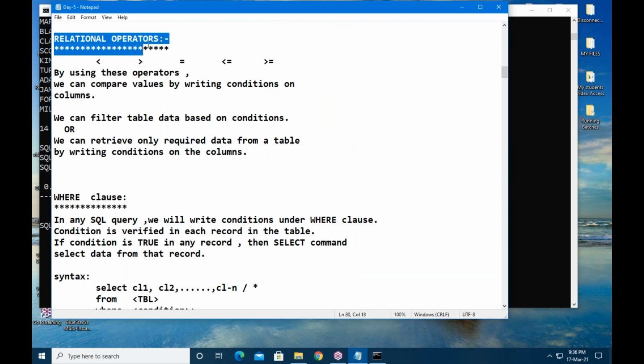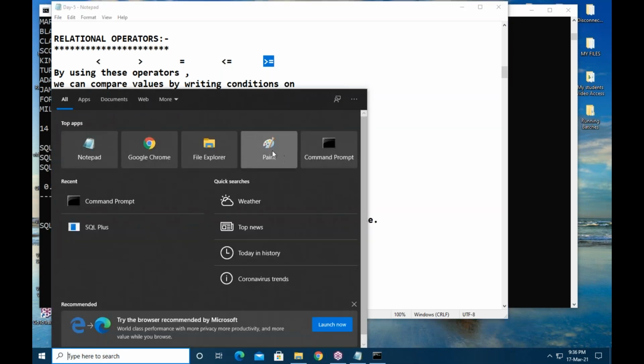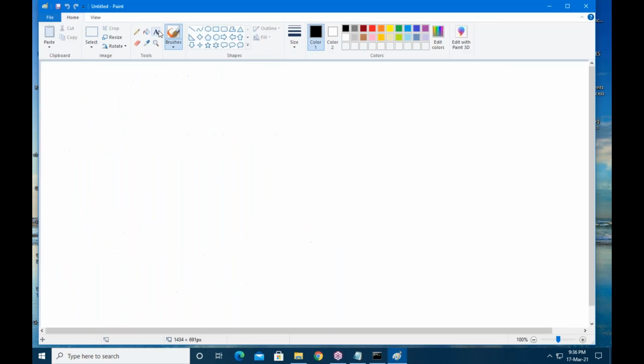Relational operators are less than, greater than, equal to, less than or equal to, greater than or equal to. What is the use of relational operators? Relational operators are useful to compare the values.